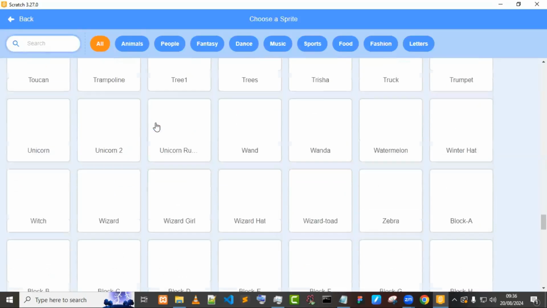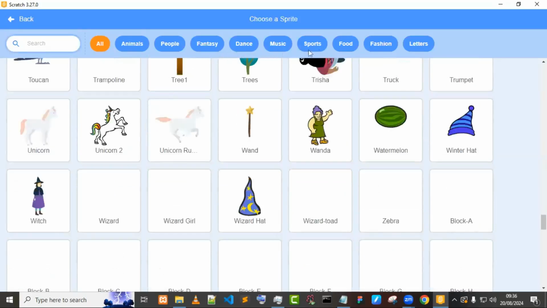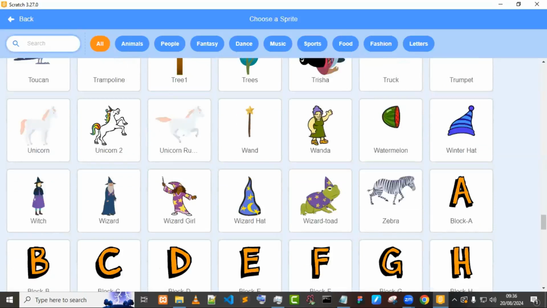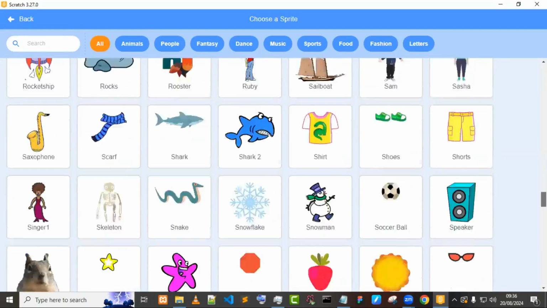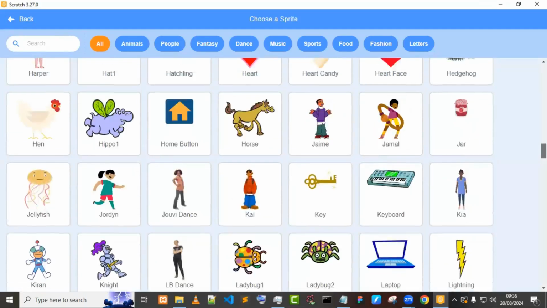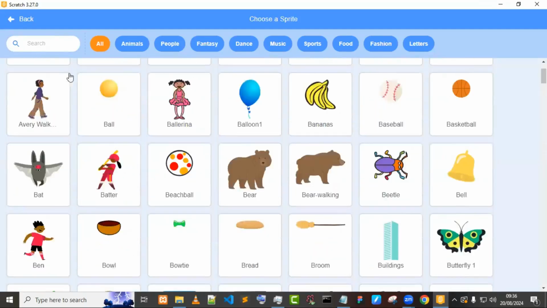It's in space. What's the name of your sprite? The sprite has a name. Galaxy. No, it's the background. It's the background. Don't worry. I want to get the